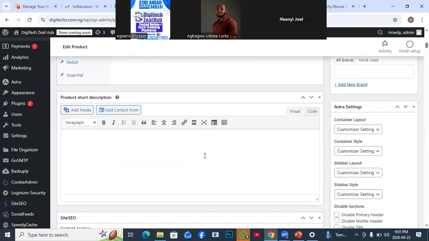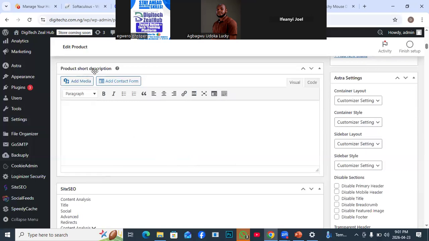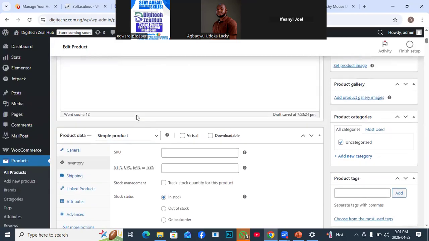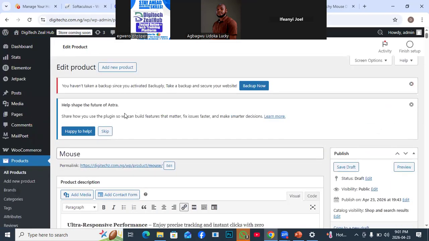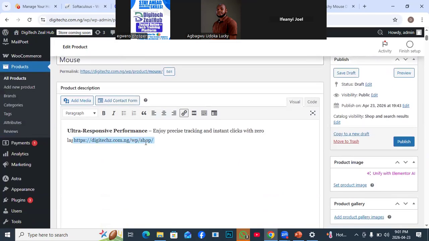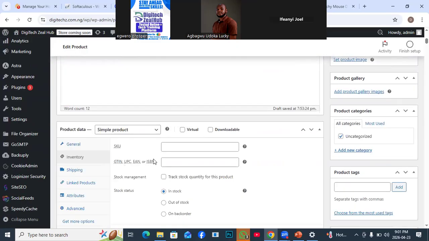Now let's see the other thing. We have the product short description, which should be shorter than the description used here. If I tell ChatGPT to give me a very long description that can take up to 10 different lines, I can take the most catchy heading or line and use it as my short